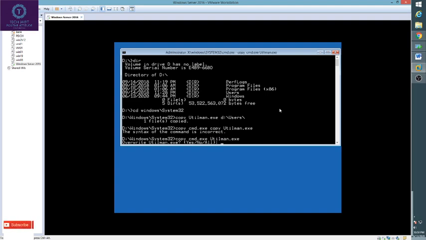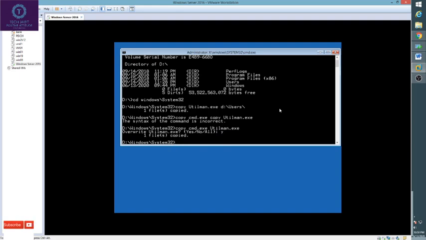It will ask three options. Do you want to overwrite? Yes, no, or overwrite all the files. So press yes. Hit enter. Once you hit enter, it will show that the file is being copied.